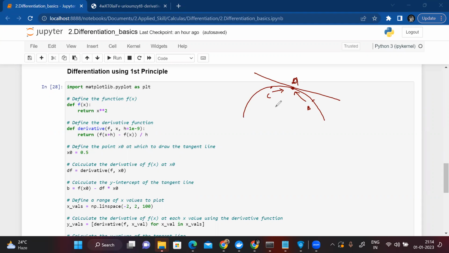Okay, so hope I'm making some sense. So this function you can use to compute the derivative of any function at a particular point. Okay, so you can replace it with sine, cos, whatever you want to do, you can do it and compute it. Okay, so hope I'm able to explain the